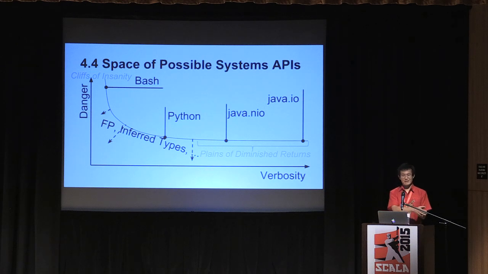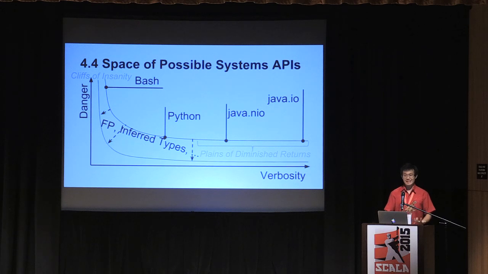Like functional programming, many people argue that using map and filter rather than having while loops and for loops. Sure, it's slower, makes more class files, but it is more concise while at the same time being easier to reason about and harder to get wrong, and therefore less dangerous. Similarly, inferred types give you a large amount of the safety benefits of having a typed language without the verbosity, because you just don't write the types. The compiler figures it out.